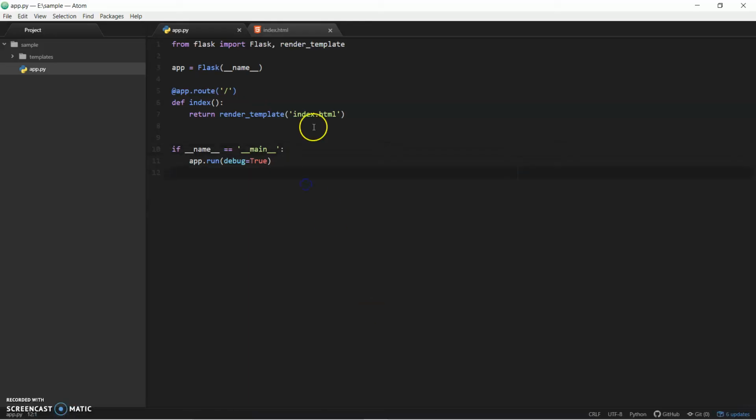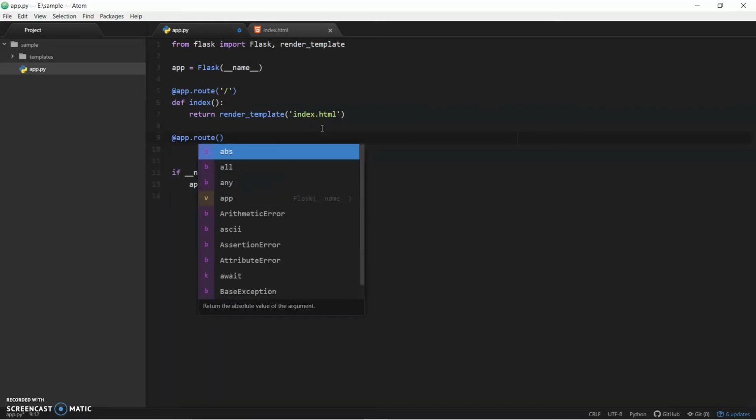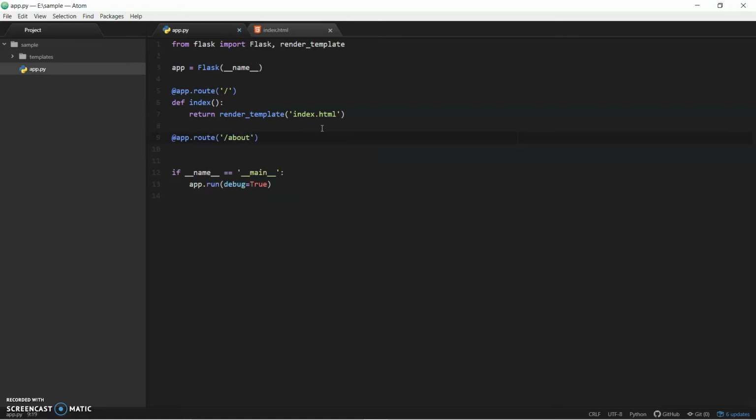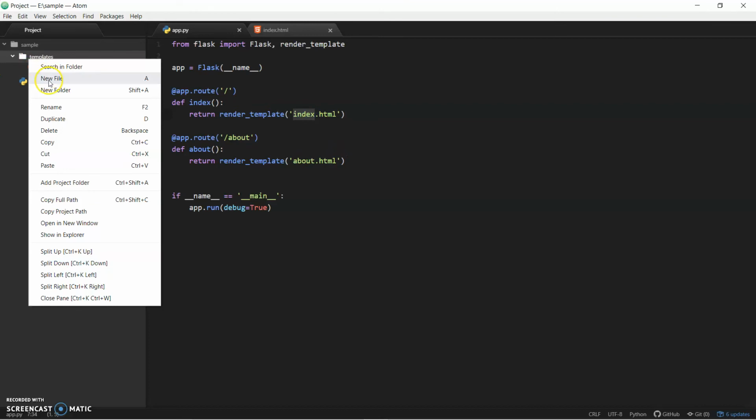So let's create another route, app.route, and this one will go for about, def about, and we're going to return render_template, and the HTML page will be about.html. You might wonder, must the function name and the HTML page name match? No, you can have your own page name and your own function name. I'm just creating both with the same name because I don't want to cause any confusion while you're a beginner watching this. So I'm coming back here, creating a new file,